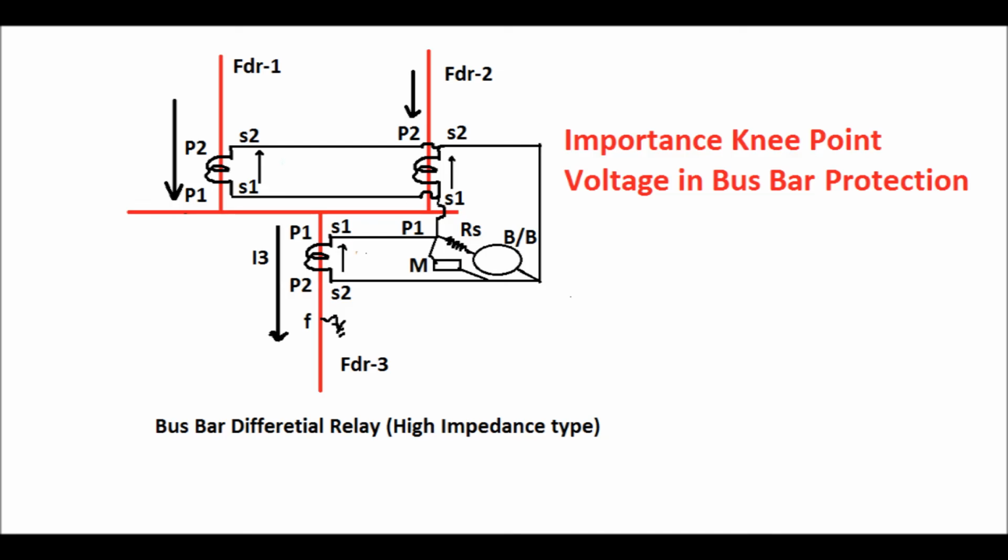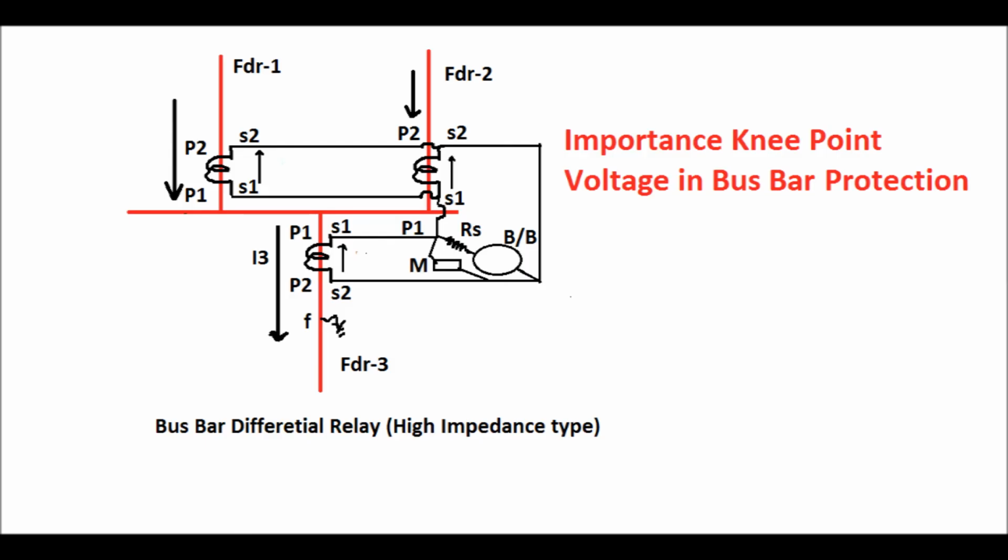Now again, the importance of the knee point voltage for the busbar protection relay. The busbar protection relay connection has been shown in this diagram for 3 feeders, where feeder 1 and feeder 2 are the incomers and feeder 3 is the outgoing feeder. So the knee point voltage for all of the CTs shall be the same. If the knee point voltages of all 3 feeder CTs are not the same, then under through fault condition,